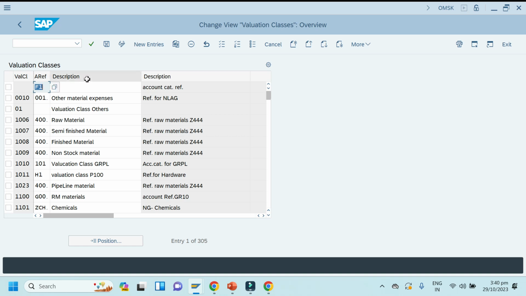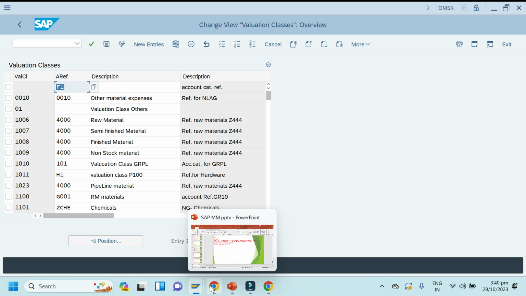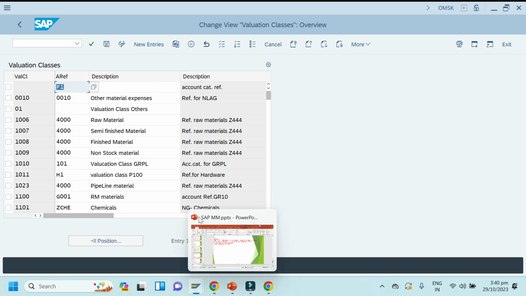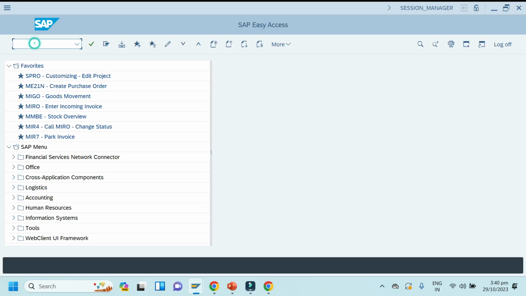So you can define valuation classes also here. Click on new entry, or let me check what is raw material. Let me go to a different screen. What is the material type?